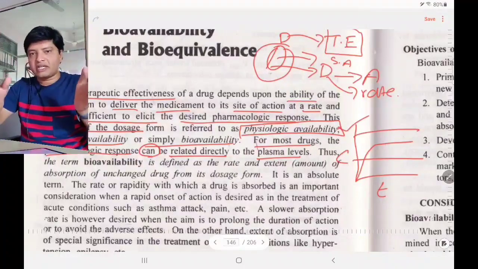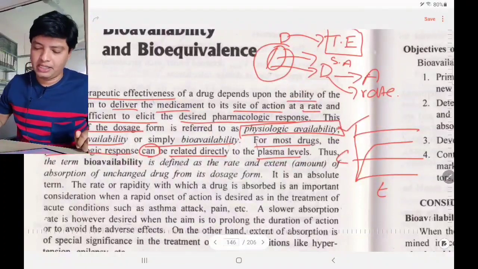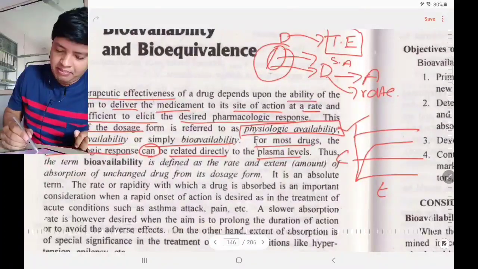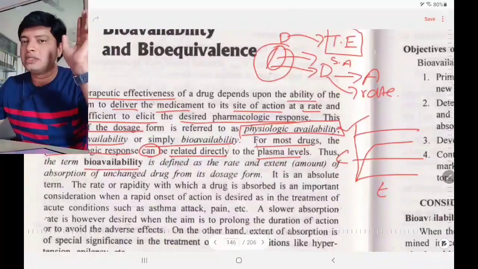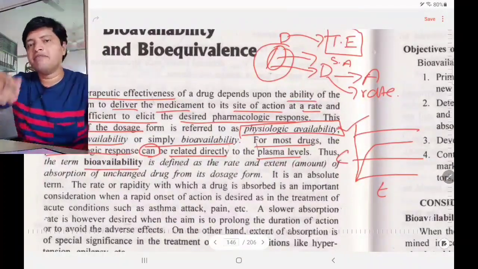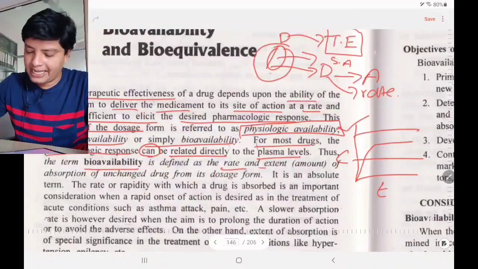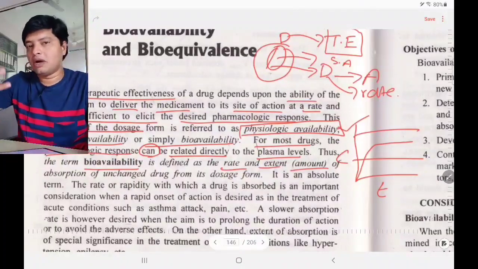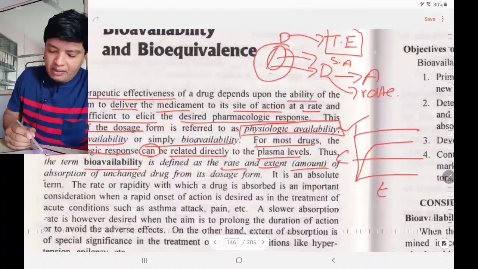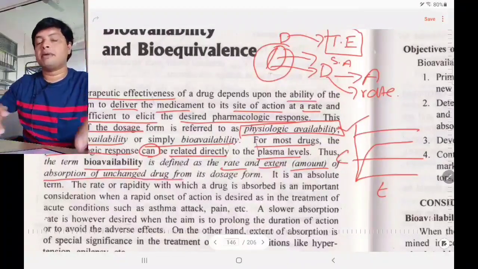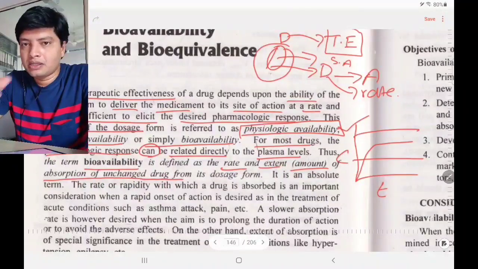Okay, by taking this introduction, we try to frame a definition for what is bioavailability. So what the definition says, the term bioavailability is defined as rate and extent. I just gave you the introduction: you give a dosage form, at what rate the drug is releasing and to what extent the drug is releasing. So rate and extent, extent means amount, what is the amount of drug reaching the particular action site, of drug absorption in unchanged form. Remember, the rate and extent of drug absorption in the unchanged form, the drug should not change.